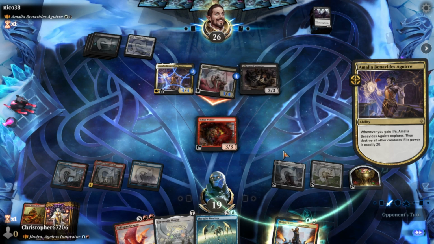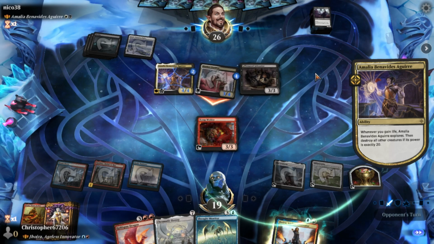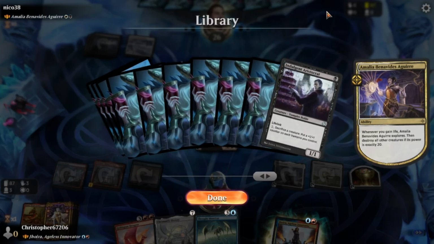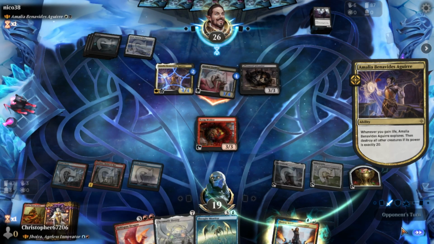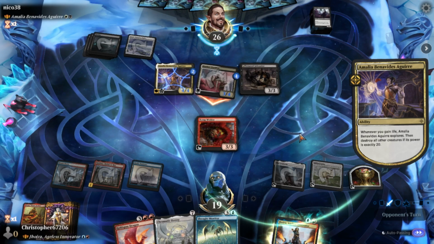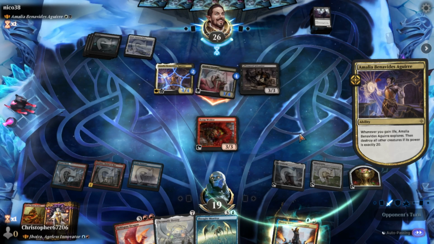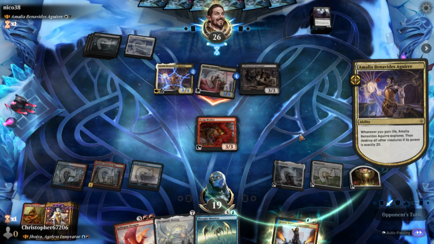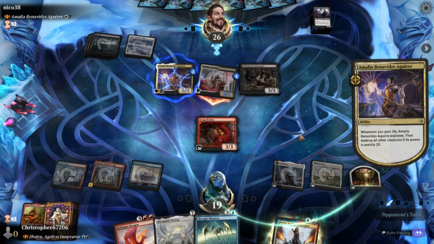Amelia, we DC'd. What's going on, opponent? Our opponent has DC'd, I think. I don't think they're roping us. Generally, if somebody ropes you, they just stop playing. It's not that they suddenly dip out in the middle of a trigger. So I imagine our opponent just DC'd. It's a bit of a shame, but